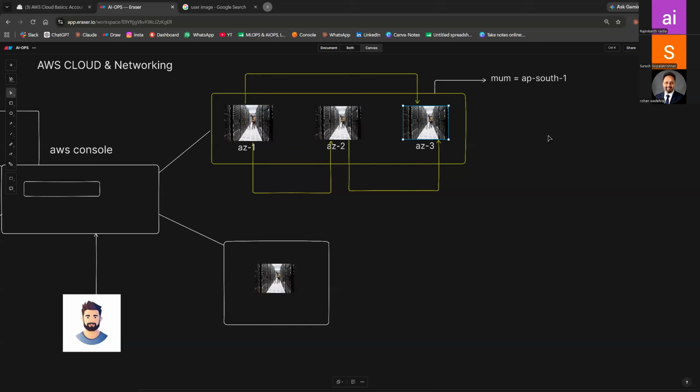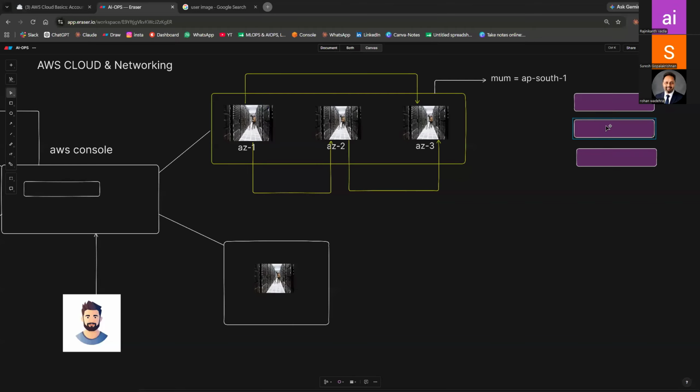So there will be no effect to your server because your AWS engineer or cloud engineer created three servers: one in AZ1, one in AZ2, and one in AZ3.